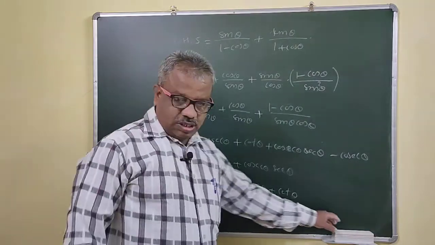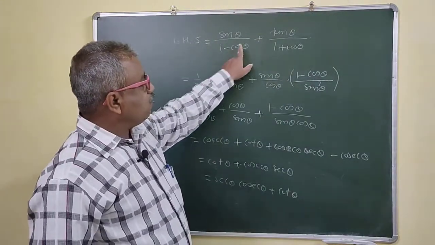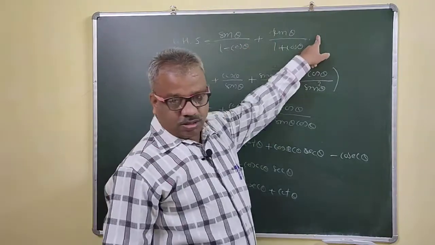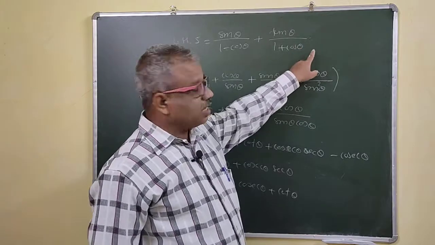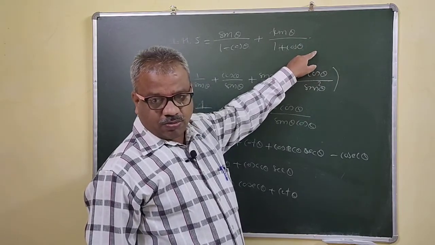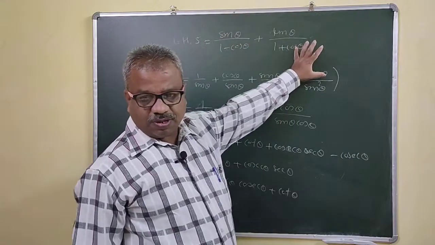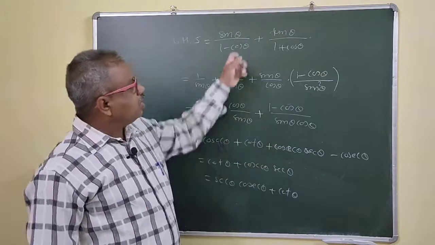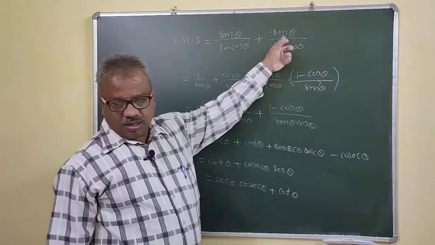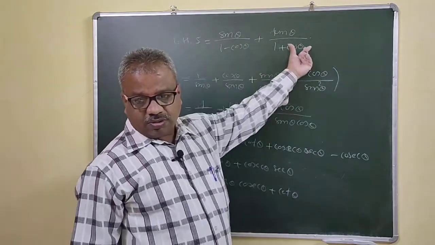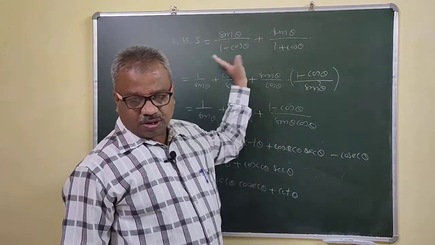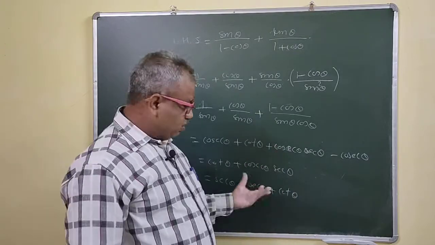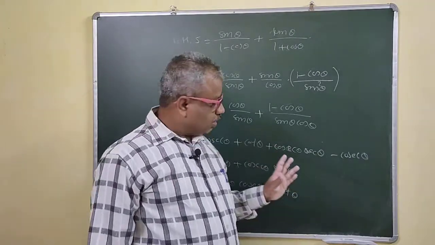Okay. Now also see here. Here also you can multiply and divide by 1 plus cos theta, 1 plus cos theta. Here also you can divide and multiply by 1 minus cos theta. Do separately for this one, do separately for this one. Now what we did here, we have separated it, right? Here also you can multiply and divide by the conjugate. That means you can rationalize the denominator here, right? Take the product, right? Separately you can do this one, we get this one, right? So the answer will be the same now. Okay, so I think we'll stop here.